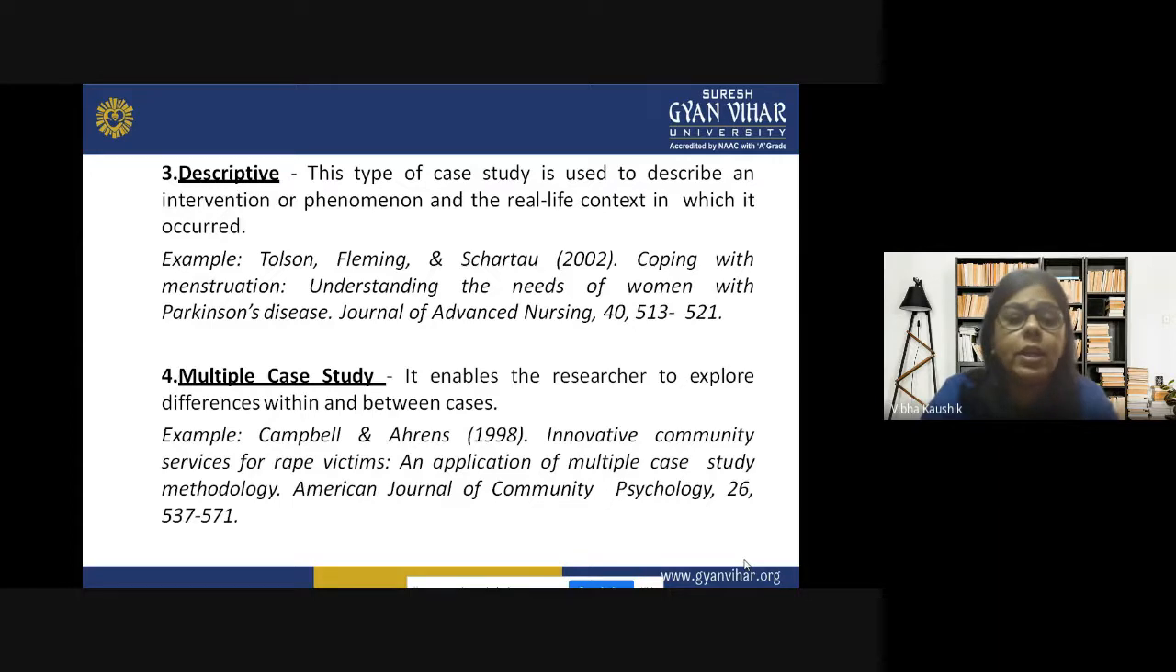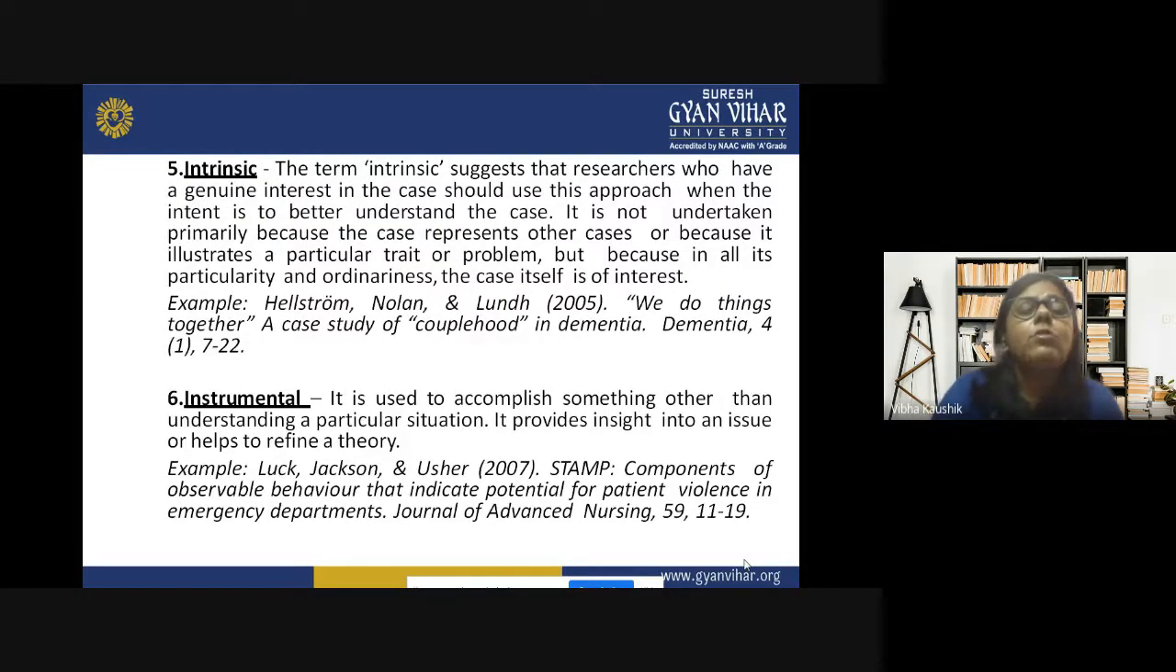Innovative community service for rape victims, an application of multiple case study methodology, American Journal of Community Psychology 26. Now the next one is